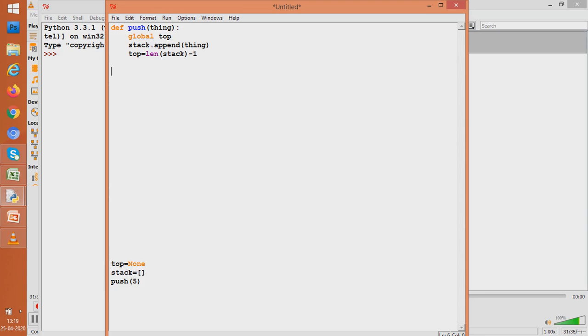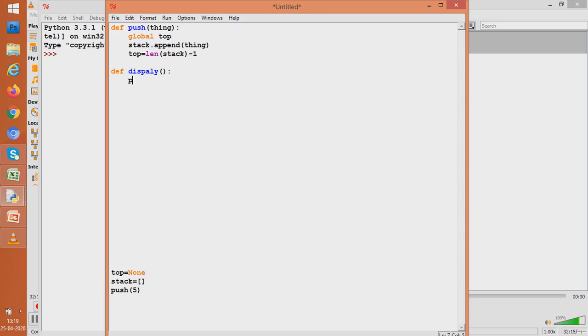Now let us try to write a function to display things from the stack. So how to write the function to display things? Let us write a function called display. Using this function, we will display. Now how are things displayed in a stack? We all know, we have learned, it is displayed in the reverse order. That is, the order reverse to the order in which we pushed the elements. So the last element pushed would be shown first.